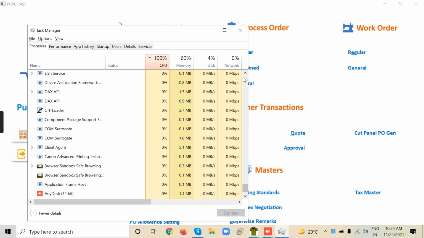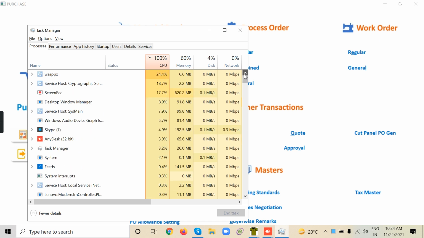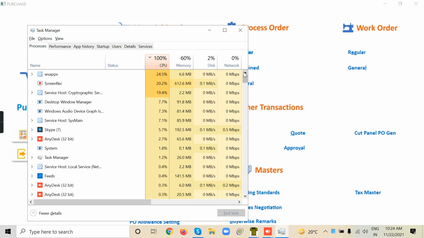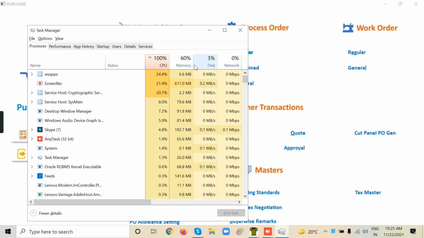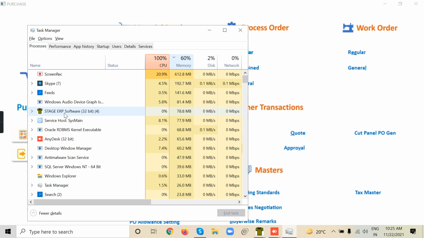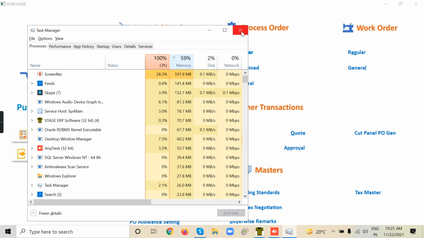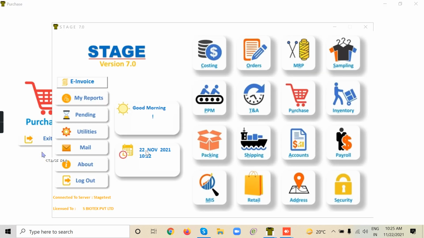The maximum is because of the screen recorder. It is occupying more space. Memory also, the screen recorder and Skype are taking more memory. I don't think stage is the reason, but if it is, then you can exit, re-log in and check.